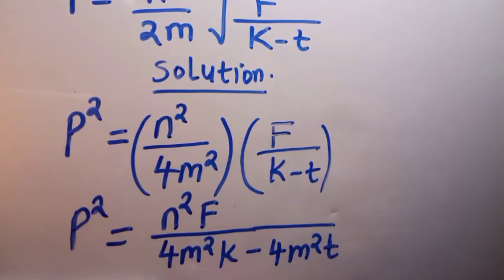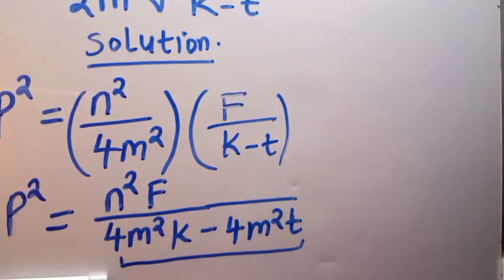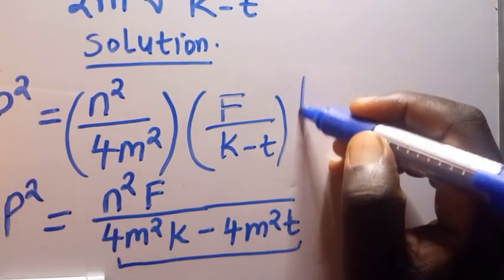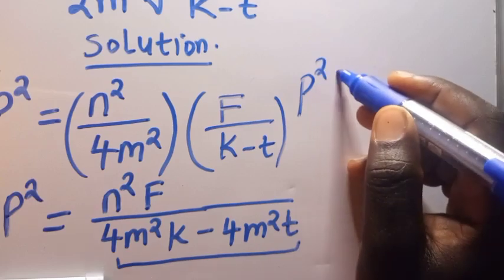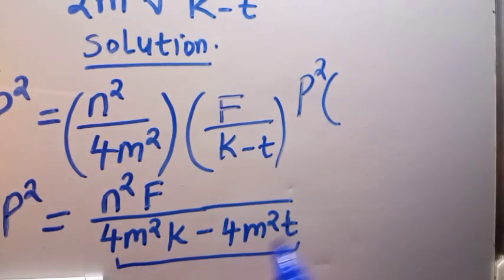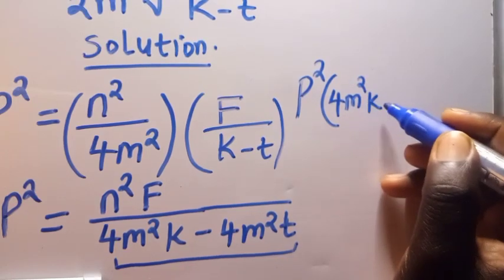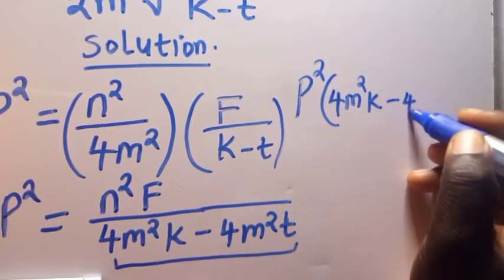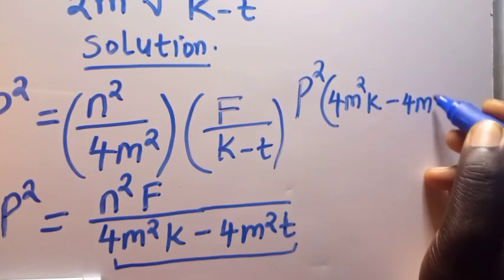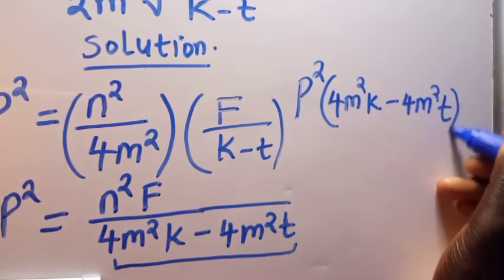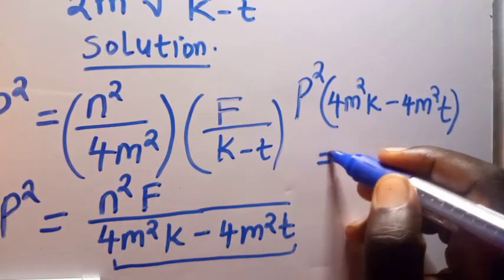And therefore, if we multiply by what we have on our denominator, which is 4m squared k minus 4m squared t, then we shall have p squared, then times the whole of this, that is 4m squared k, then minus 4m squared t. Then we close the bracket that way, equals to,